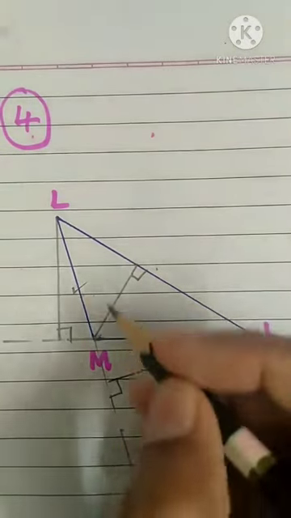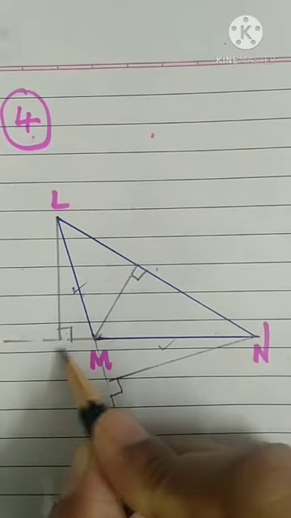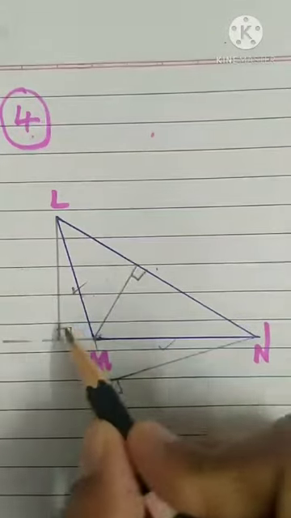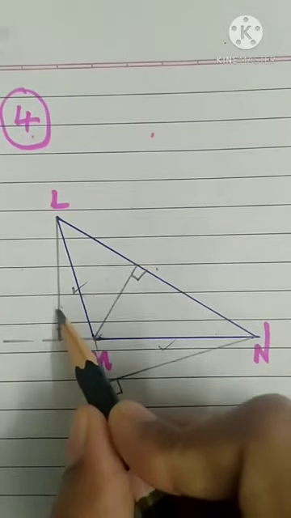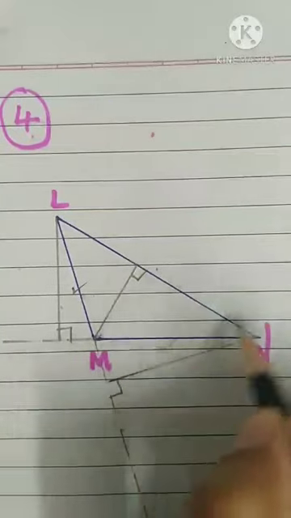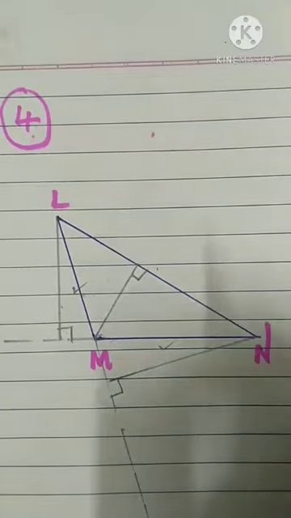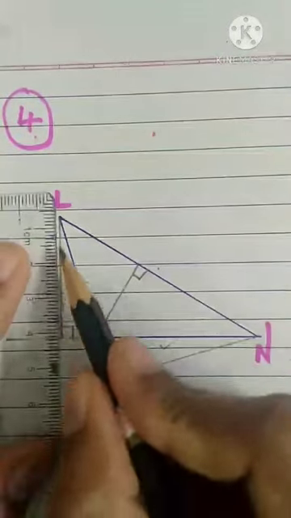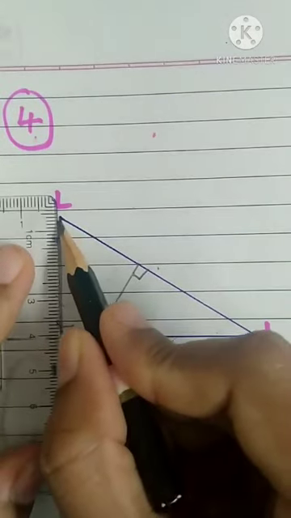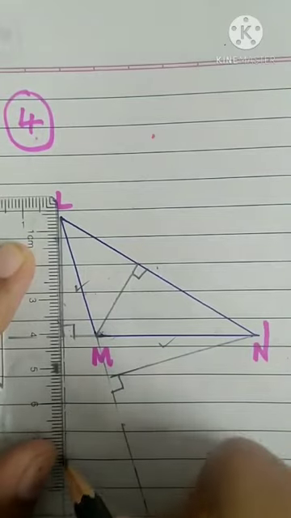Now these three altitudes we will extend further because they are not meeting, no? First altitude, second altitude, third altitude. They are not meeting. We want the orthocenter. Orthocenter you will get only when these altitudes meet. So we will extend this first altitude. Keep the scale properly and show the extension by dotted lines.